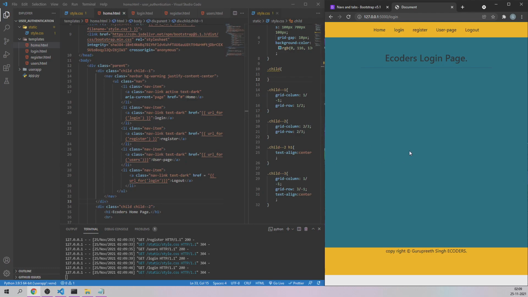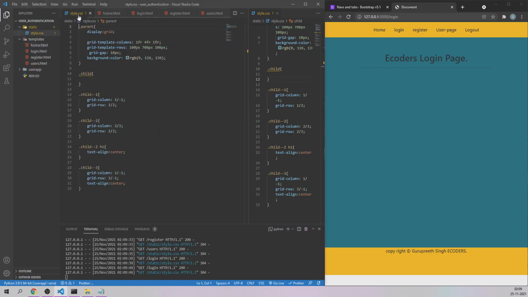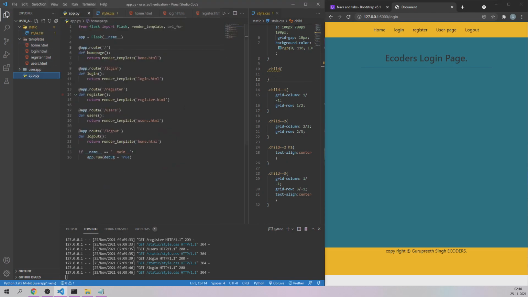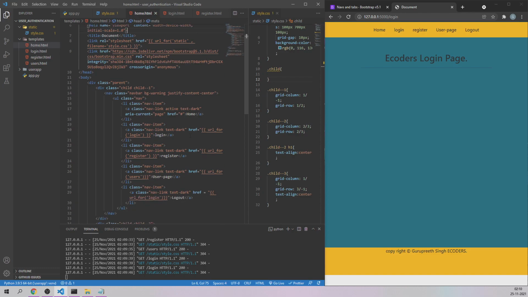I thought it was really straightforward. Please note that till now we have used only two functions from Flask. One is render_template, to show the HTML pages. Then url_for is used to link, first of all in the head tag to link the CSS files like this, using the same Jinja syntax. And url_for is also used in the href of each and every link. So this is what we have to mention till here right now.